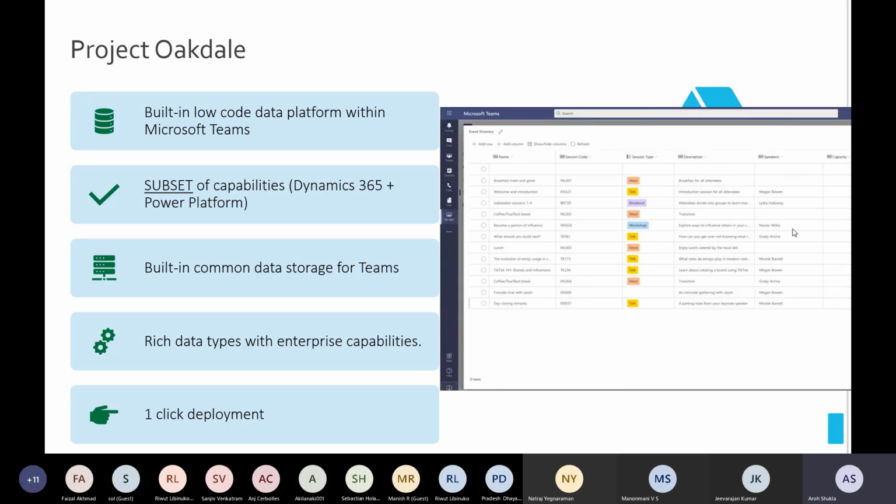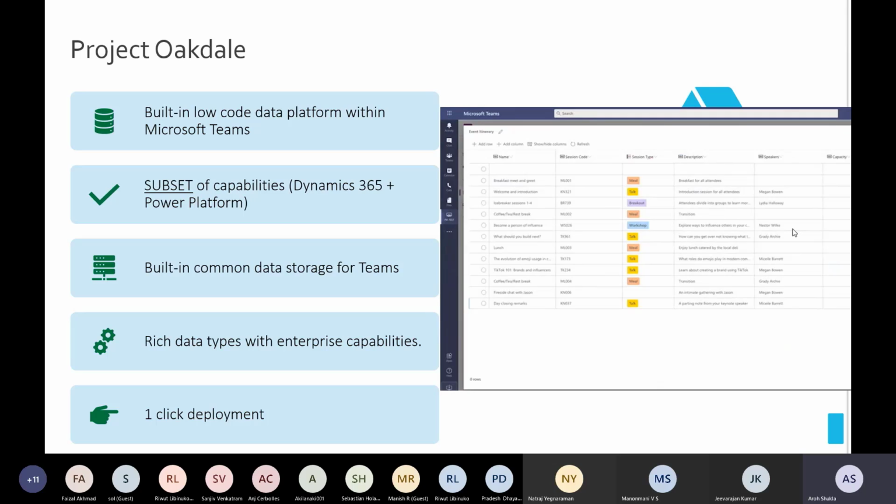Some details about project Oakdale: it is a low-code, no-code solution based on CDS. Again, I'll highlight that it's not full-fledged, it's a subset of the capabilities of Dynamics 365 and Power Platform. About storage, I know everyone must know that when you store a file, by default it goes to SharePoint or OneDrive.